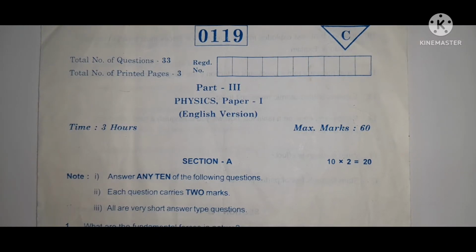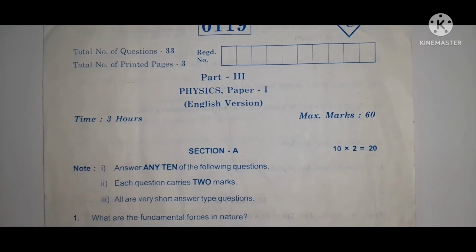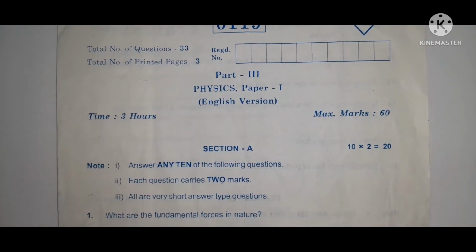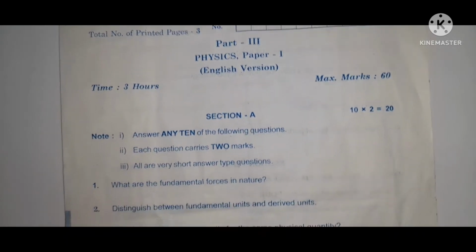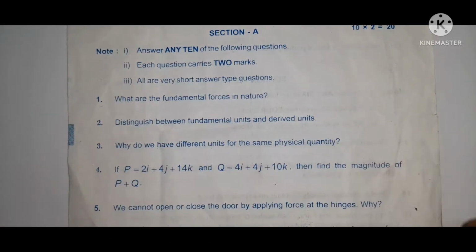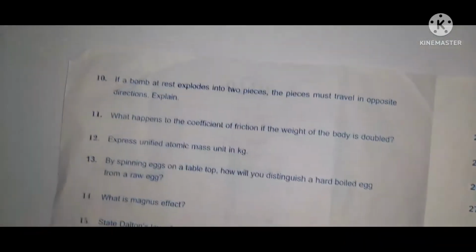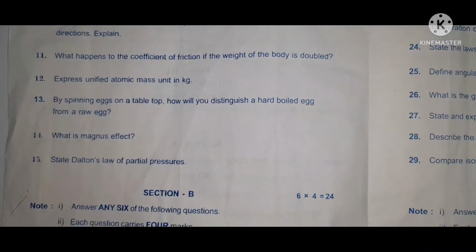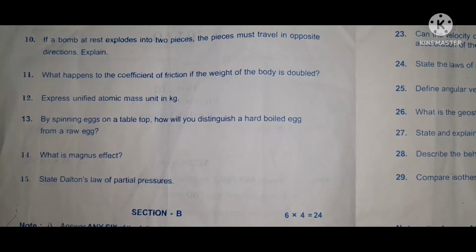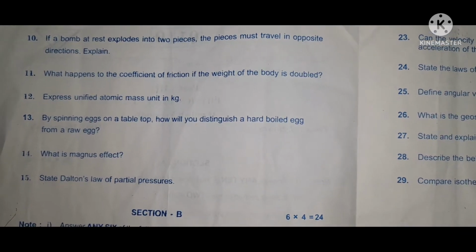2022 May IPE Telangana Physics Paper 1 will be given here, a fully 50% choice question paper. This paper consists of very short answers. Total marks will be 60. 15 very short answer questions are given. Among the 15, you have to write only 10, that is 10 into 2, 20 marks will